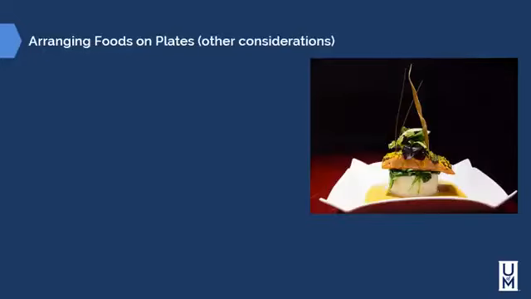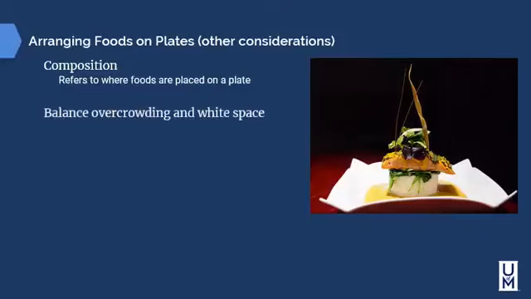Additional considerations when arranging food on plates consist of composition. This is referring to where we put the food on the plate itself: balance, overcrowding, and white space. We want to have what we call negative space on the plate. This allows for us to have an area that is not utilized on the plate. Every square inch of the plate should not be utilized. You need to have a balance on the plate. Consider the number of elements on the plate too. Oftentimes we think about this as